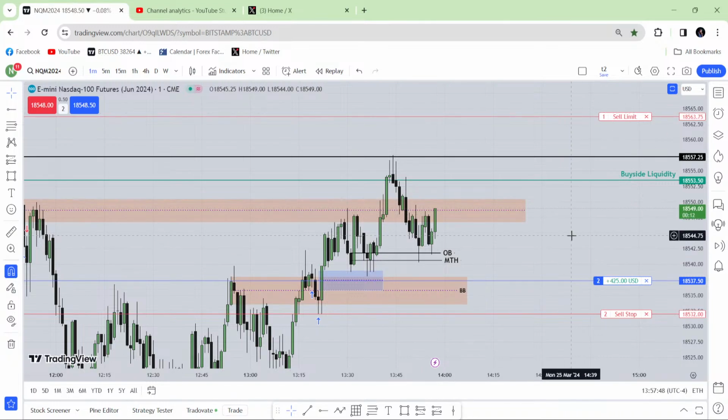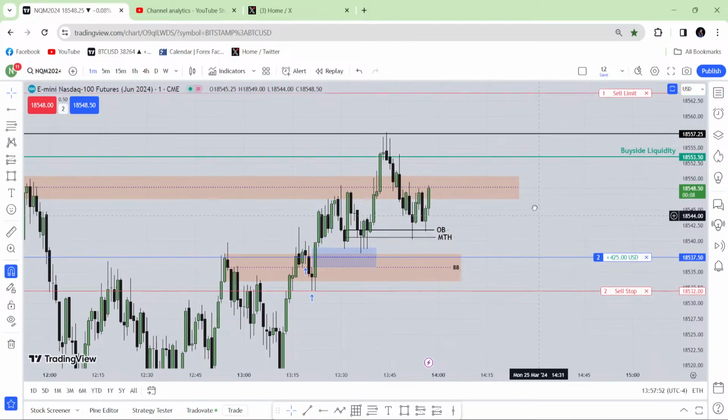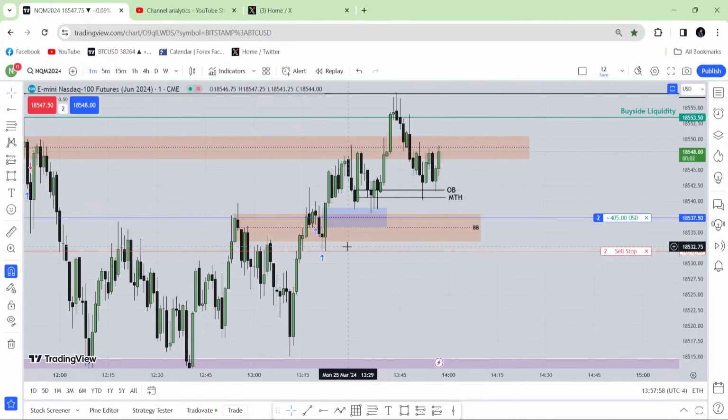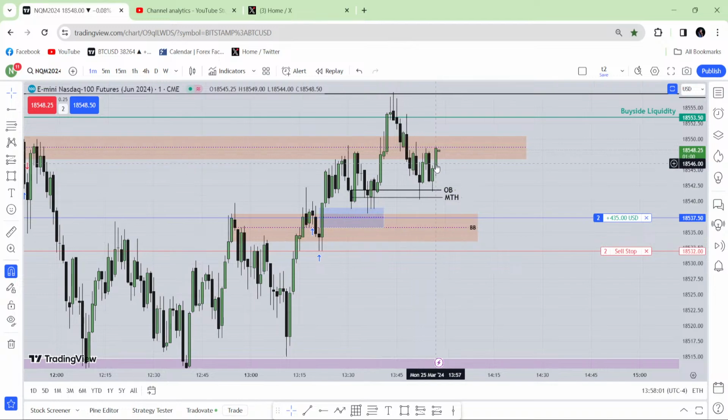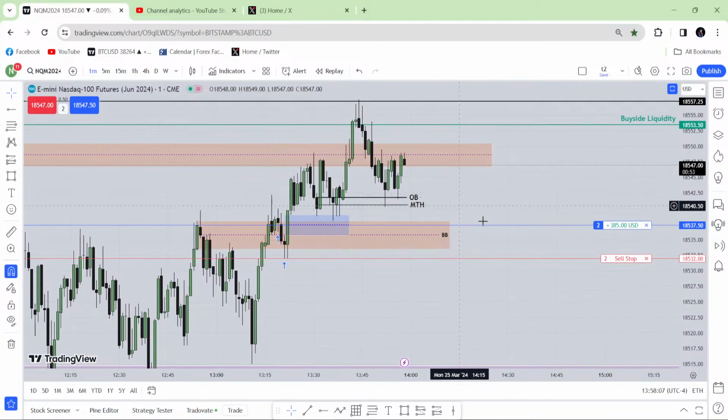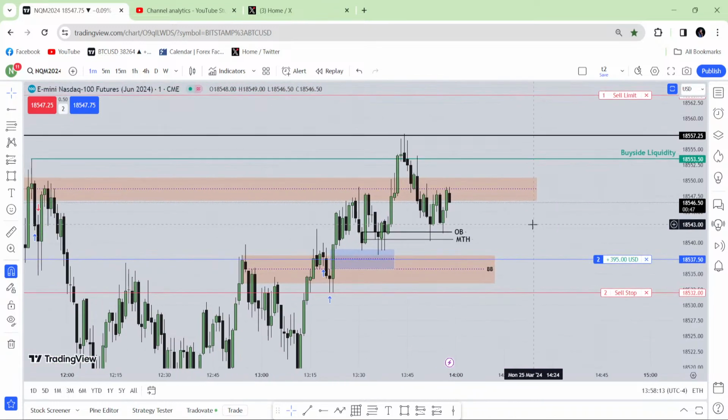Okay, why can't you move to break even, bro? The reason is market can trade to the breaker block one more time. See this breaker block? As market has traded from the low of the breaker block, it can come back again to the mean threshold of that breaker block. It can come back again until that level. So if I put my stop loss to break even, then I will be stopped out prematurely. I don't want to be stopped out prematurely.